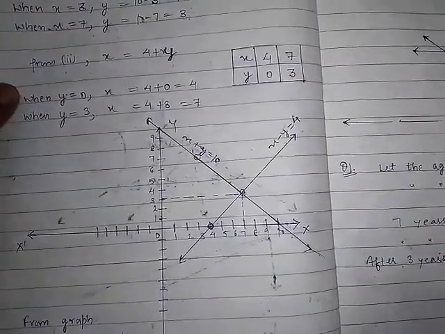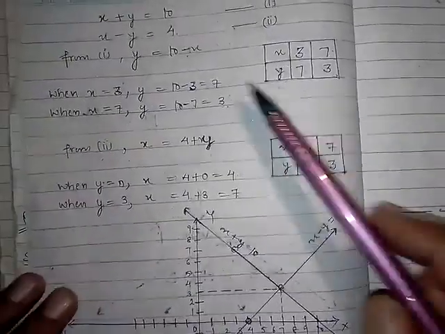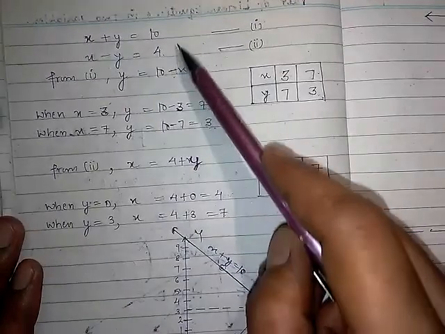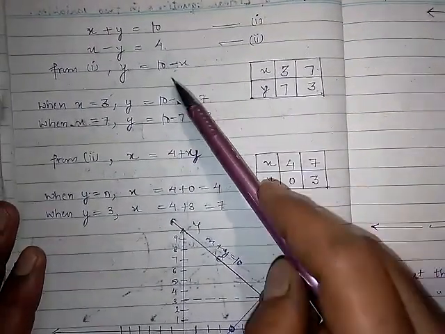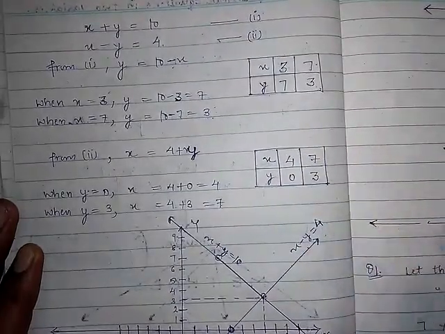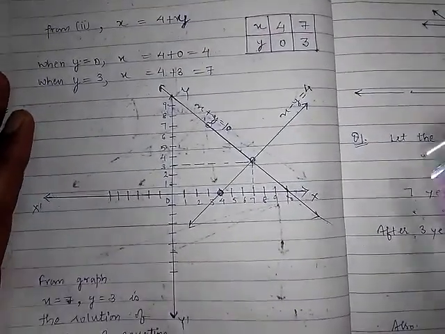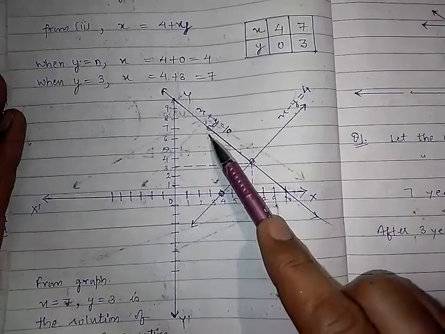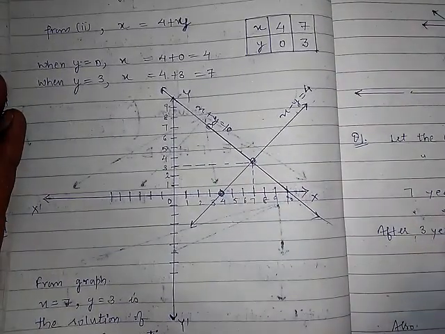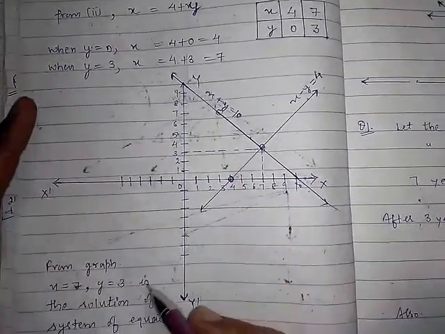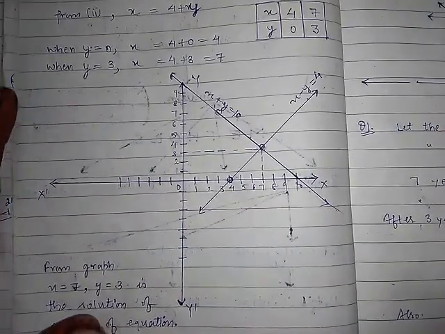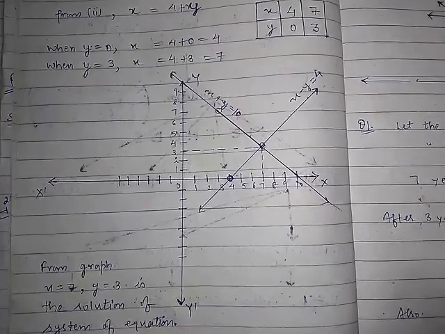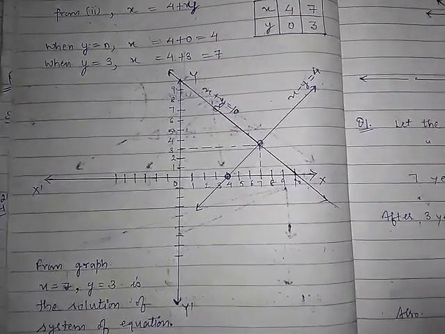Now just have a look at this. Let me repeat one more time. You will be given a pair of linear equations. From each equation you need to find the two values of x and y, and then you will draw the graph like this. You will put the names, that is called labeling the graph. Okay. And in the last you will write down the common solution. Clear? So this is the first case I have discussed with you completely.